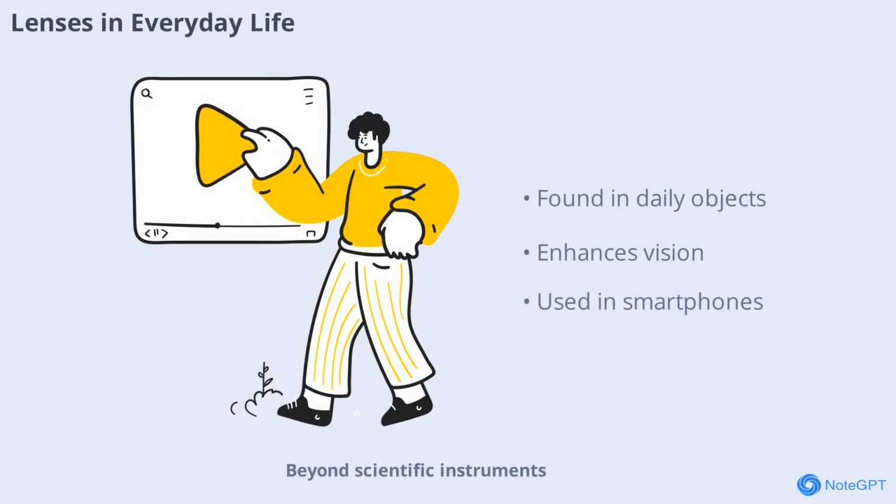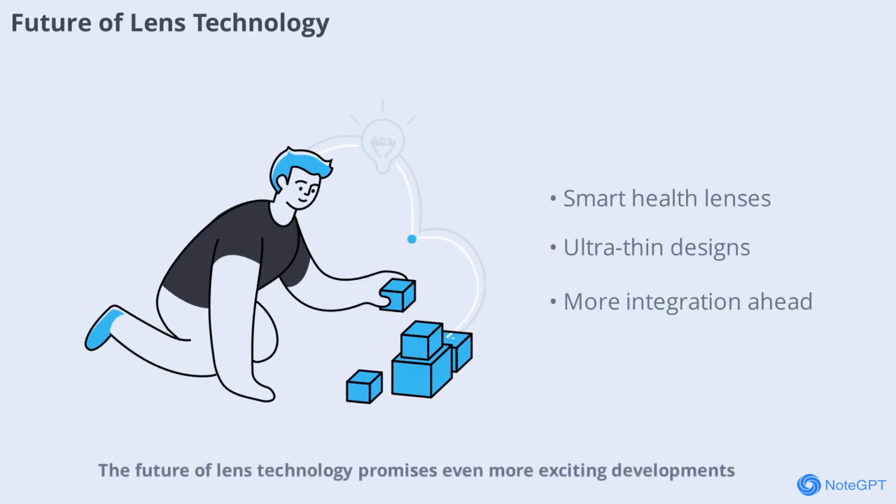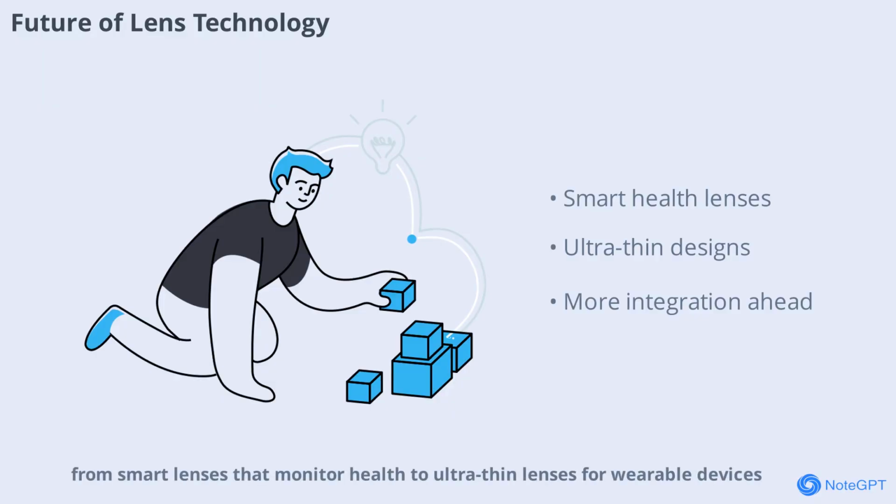Beyond scientific instruments, lenses are found in everyday objects like magnifying glasses, binoculars, and even smartphone cameras. Their ability to manipulate light makes them indispensable in modern life, enhancing our vision, entertainment, and ability to explore the world. The future of lens technology promises even more exciting developments, from smart lenses that monitor health to ultra-thin lenses